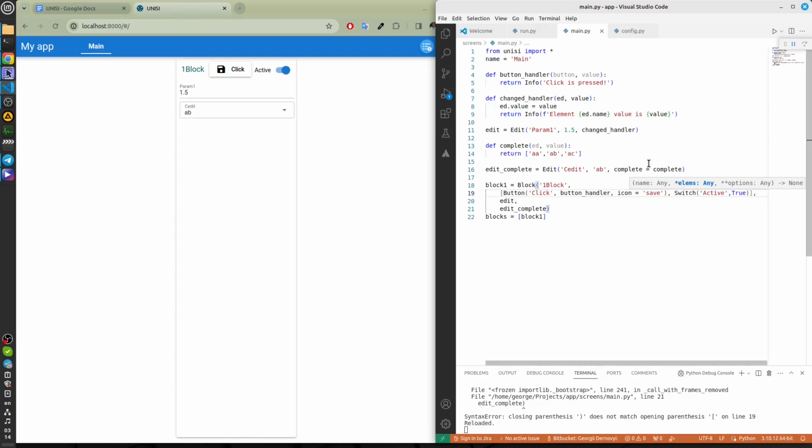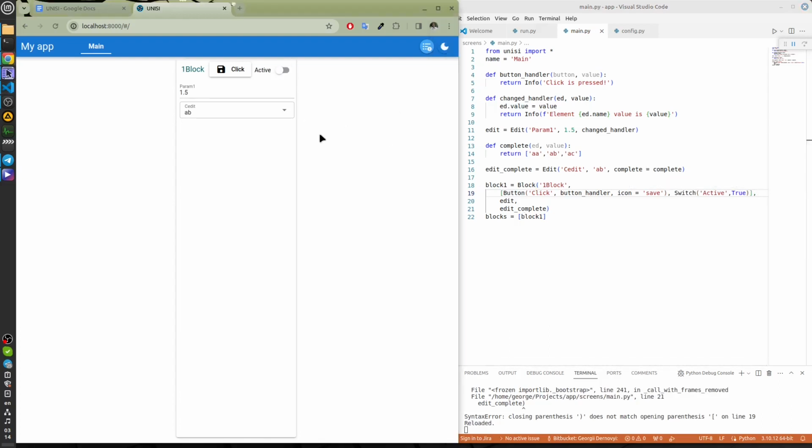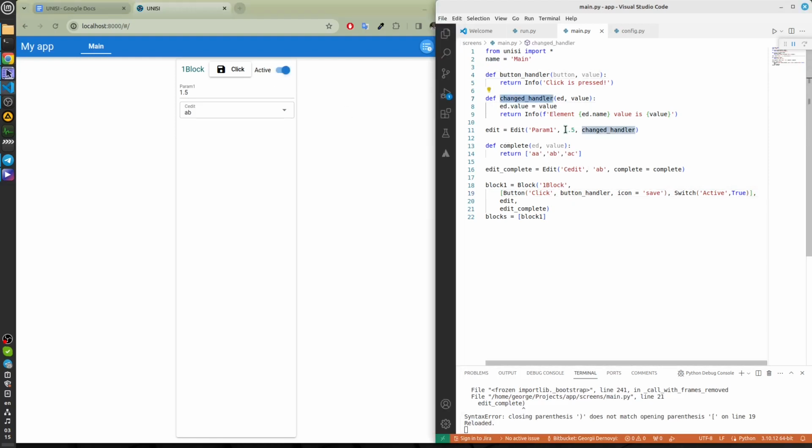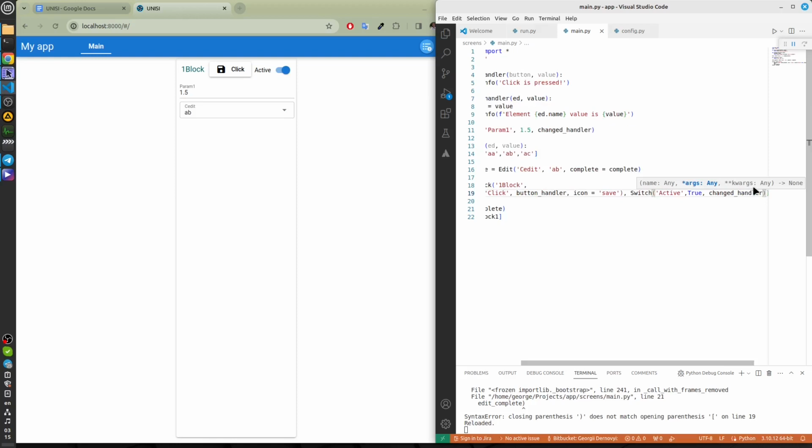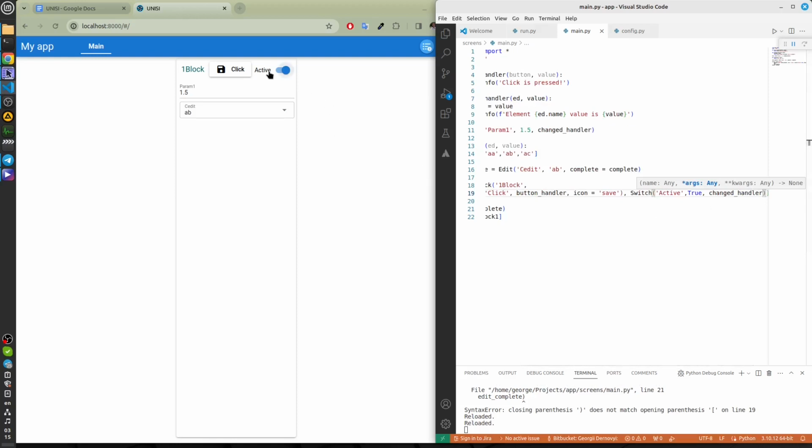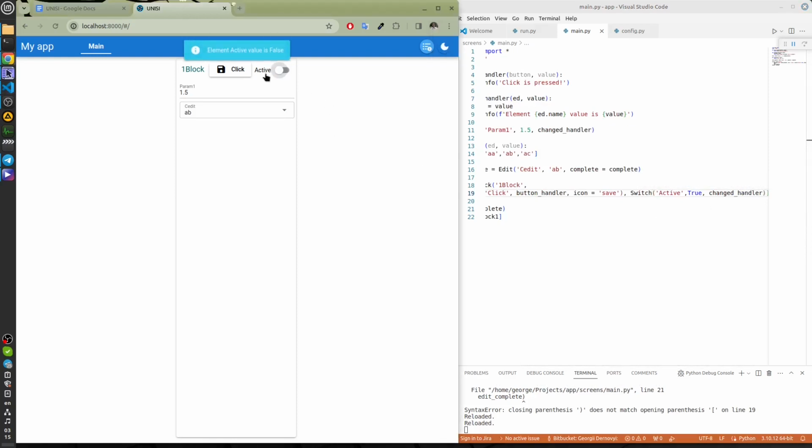We can check. Nothing happens. Let's add a changed handler. And now, switching the element causes an info window with the switch value.